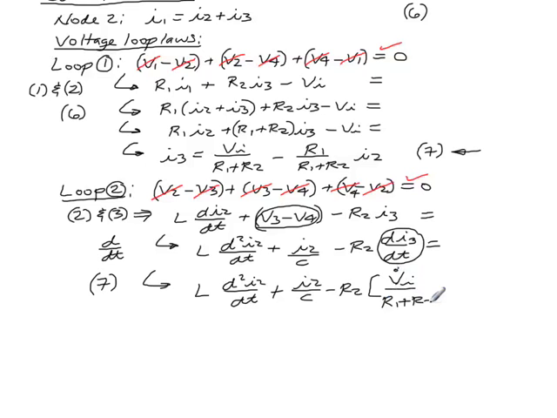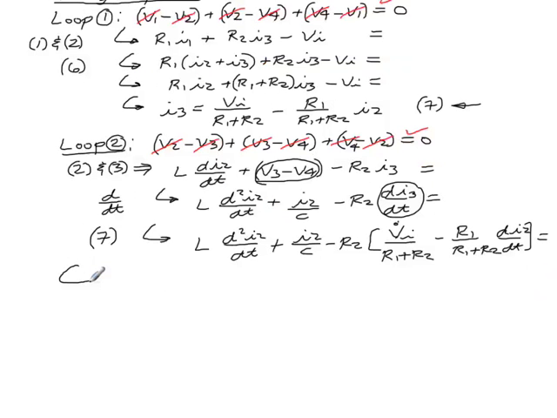It's coming from equation 7 above, minus R1 divided by R1 plus R2 times the time derivative of I2. And I simplify this out. I group together terms, and I'm going to multiply through by C and get LC times the second time derivative of I2 plus I2